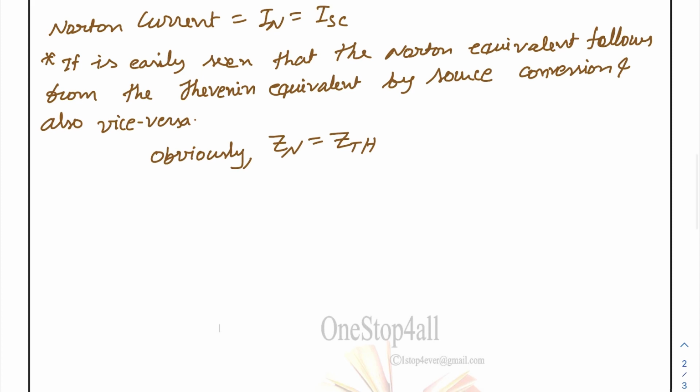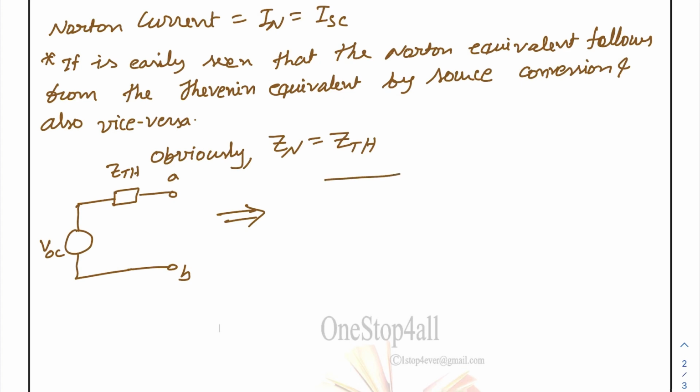सो इसका मतलब क्या हुआ कि जो हमारा थेवेनिन इक्विवेलेंट सर्किट होता था, जैसे कि ये वाला ए बी टर्मिनल हो गया, ये होता था आपको VOC, और ये हो गया आपको ZTH. तो इससे सोर्स कन्वर्सन क्या होता है, अगर वोल्टेज सोर्स है उसके साथ अगर सीरीज इम्पीडेंस है तो उसको हम लोग एक करंट सोर्स और उसके साथ एक पैरेलल रेजिस्टेंस में कन्वर्ट कर सकते हैं. सो दिस कैन आल्सो बी कन्वर्टेड एज लाइक दिस वन, दिस इज योर वोल्टेज सोर्स. ओके, देयर विल बी वन करंट सोर्स एंड उसके साथ एक पैरेलल में एक इम्पीडेंस होगा, और इम्पीडेंस जो पैरेलल में होता है वो सेम एज दैट वन होता है. ठीक है,